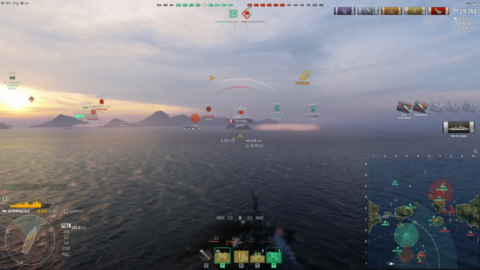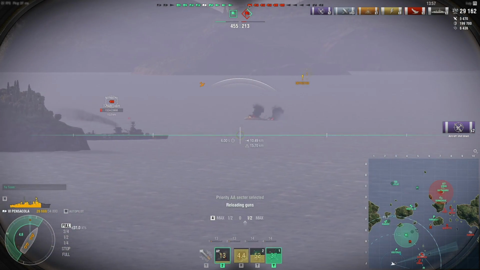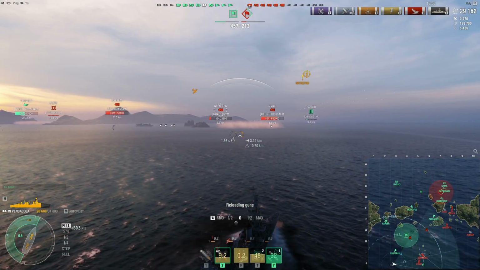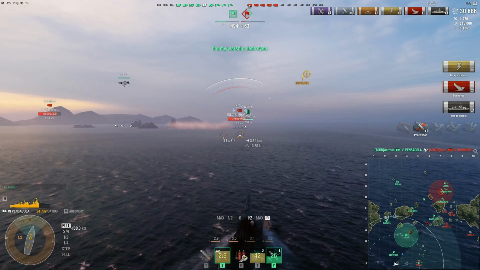Ooh, and I think we might actually have removed the Nürnberg itself as well, because she only has 1500 HP. Only takes like 1 or 2 Aerroon shells to finish her off at this point. And there she goes. Excellent. By the way, match-wise, the enemy is getting...